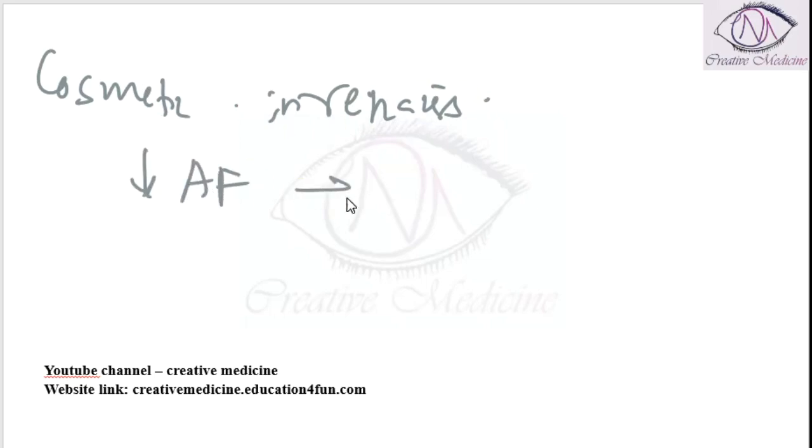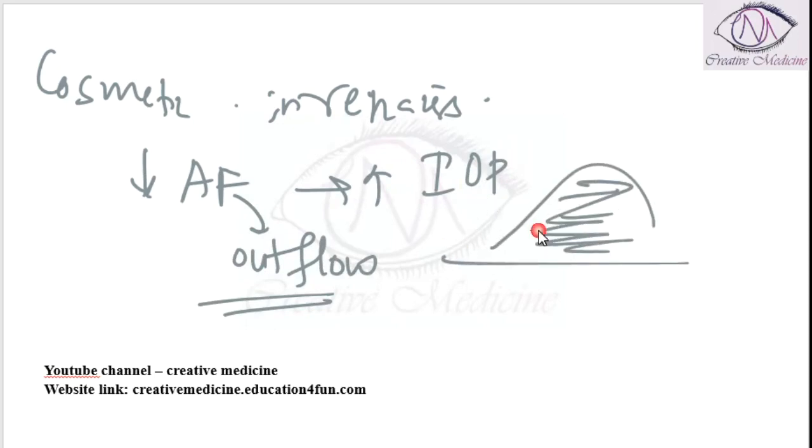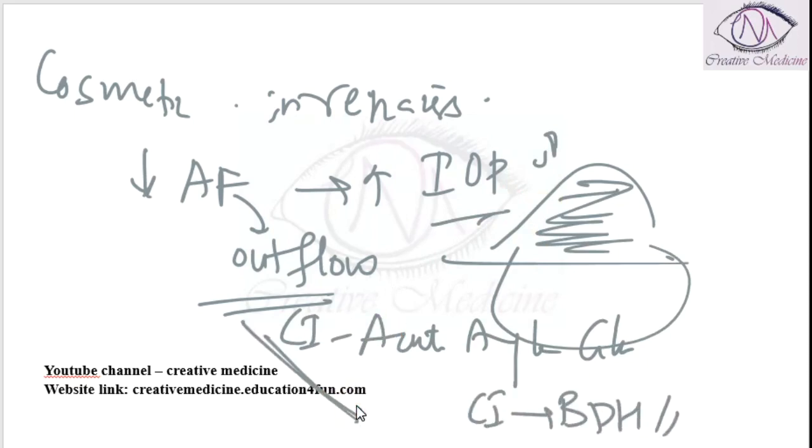It decreases the aqueous humor outflow, so there is increased aqueous humor present, and thus it increases the intraocular pressure. It is contraindicated in acute angle glaucoma. It is also contraindicated in benign prostatic hyperplasia. So atropine is contraindicated in acute angle glaucoma and